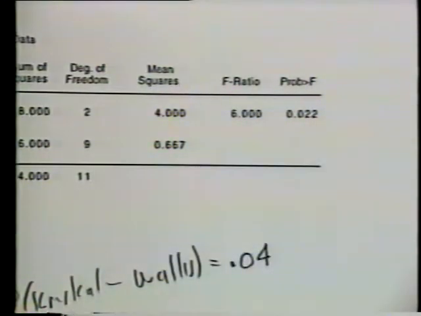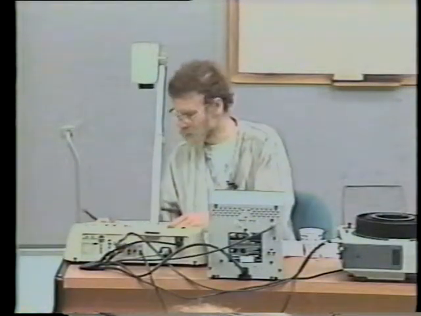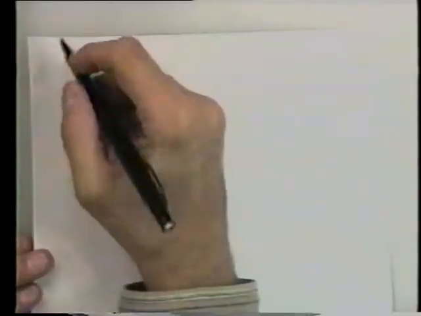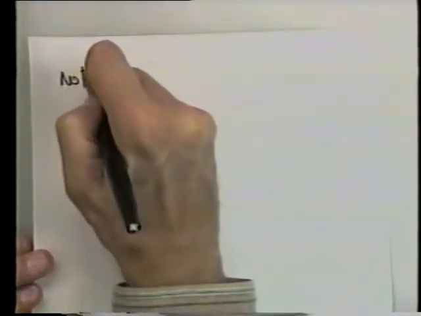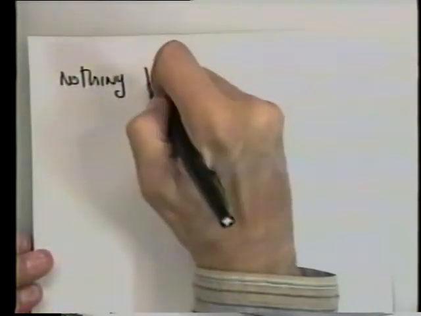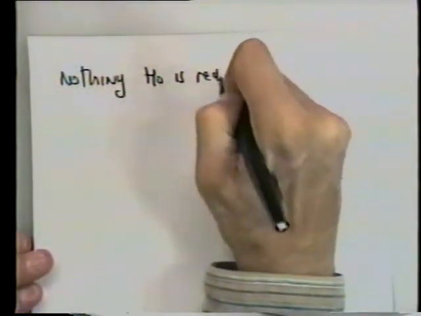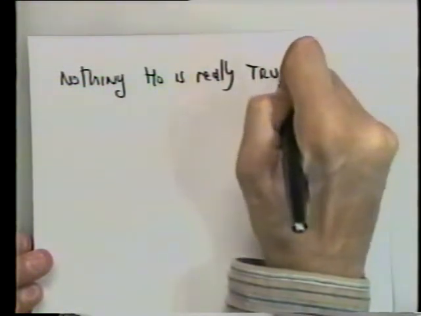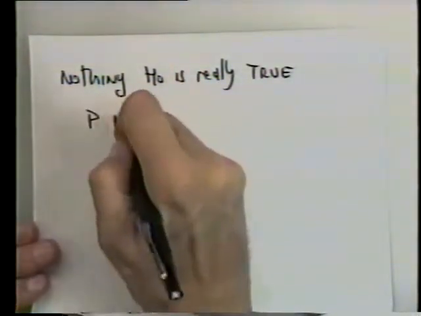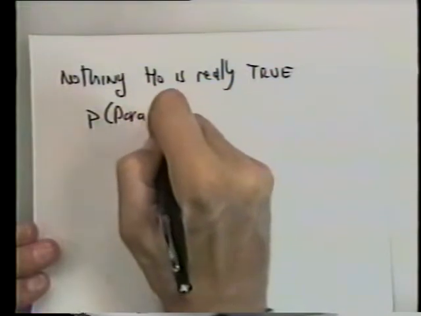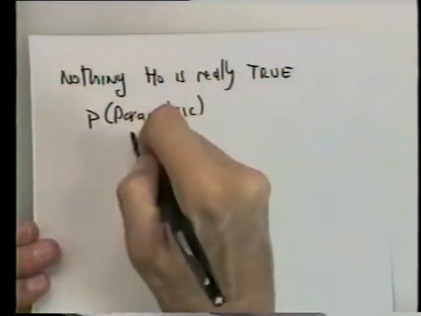On the other hand, if there's something really going on, but there's a lot of variation, then the situation will be reversed. So maybe this is worth writing down. This is a general rule of thumb, which I think is right. I won't bet my life on this, but I think it is right. So if nothing is really going on in the data, that is, if H0 is really true, and typically the p-value from the parametric test, like the ANOVA, for example,